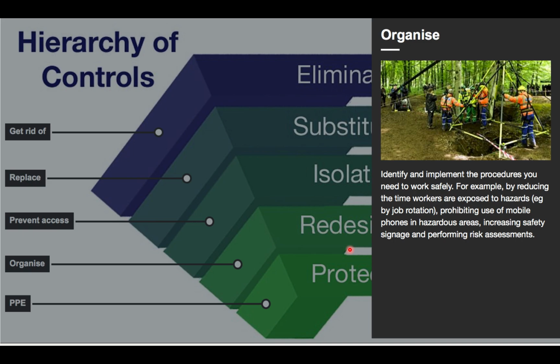Another way of organising things and redesigning it is thinking about who's needed on set at the same time. Too many people on set could be a risk. So you could create a call sheet to make sure there's only 3 bodies in the studio at one time to stop there being any causes of harm.